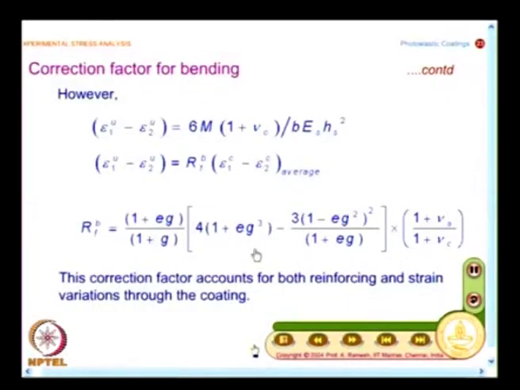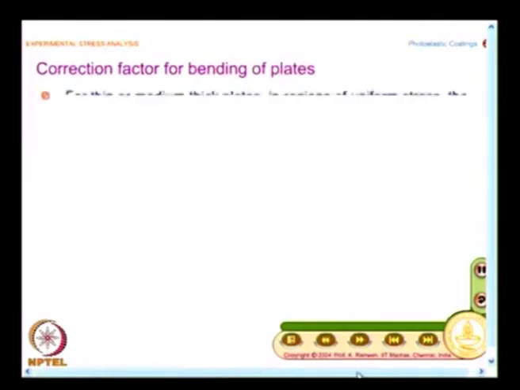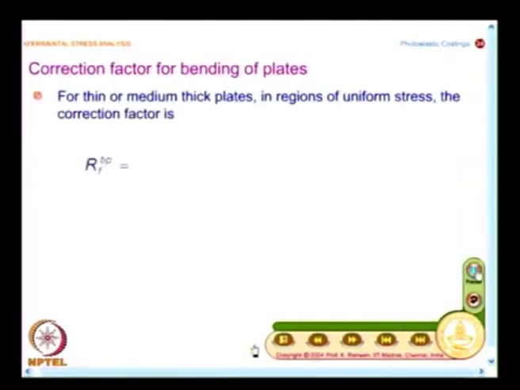And what are all the ways that I can use this? From whatever the expression that I have got, I could also go and extrapolate it for bending of plates, we will see a little while later. For thin or medium thick plates in regions of uniform stress, the correction factor is given as BP denotes bending of plates,